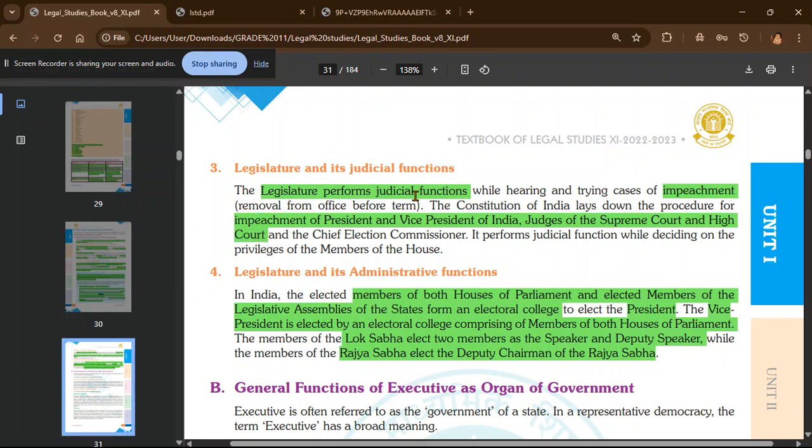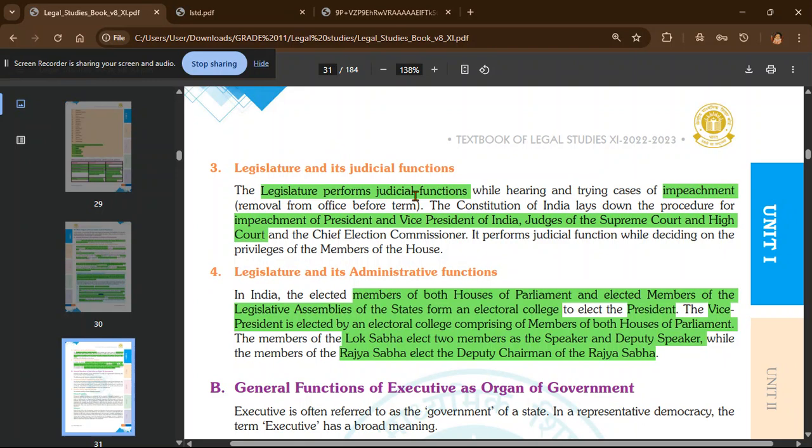So one fourth of the Lok Sabha sign the petition, then it goes to the speaker. They send notice to the president. So this is done 14 days prior. State legislative assembly is also called the Vidhan Sabha. So a bill goes through Lok Sabha, Rajya Sabha, then it is called a law or an act.